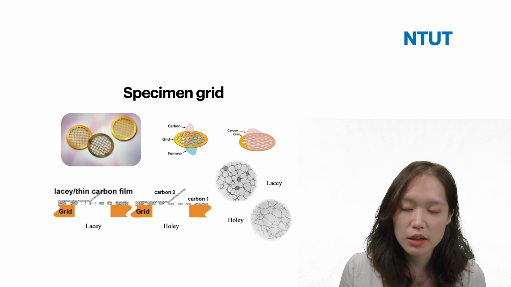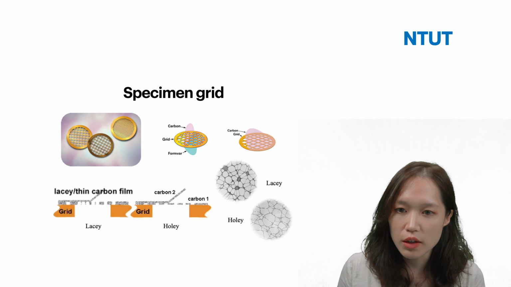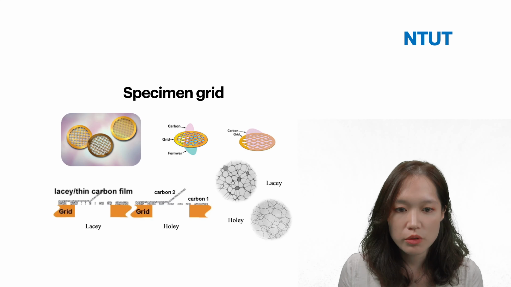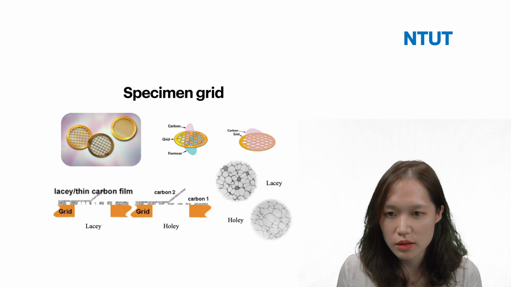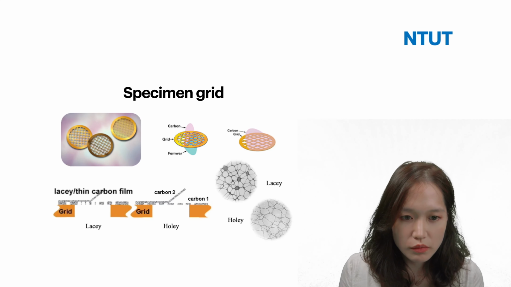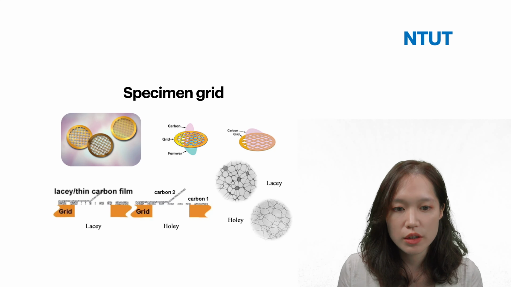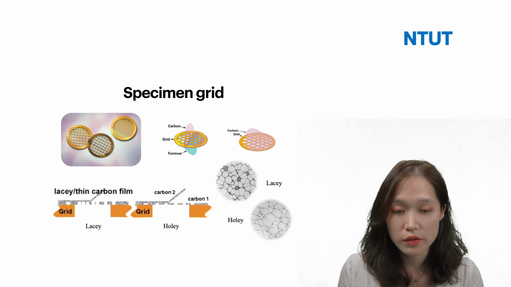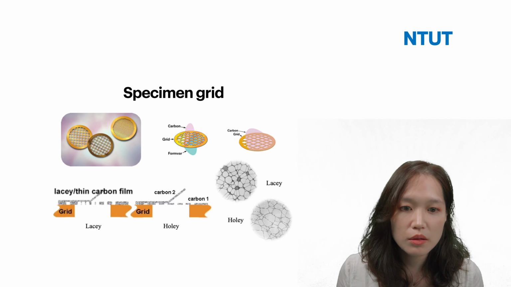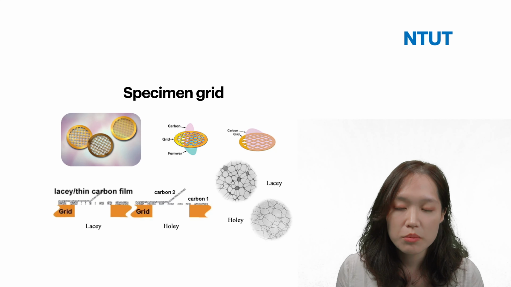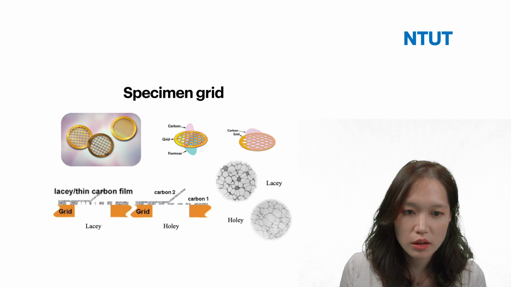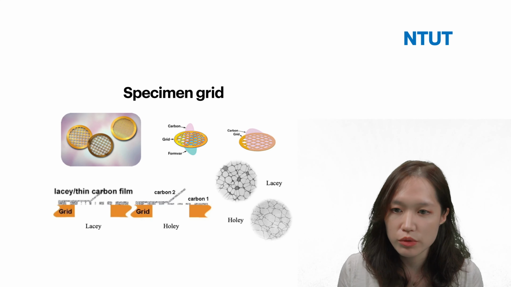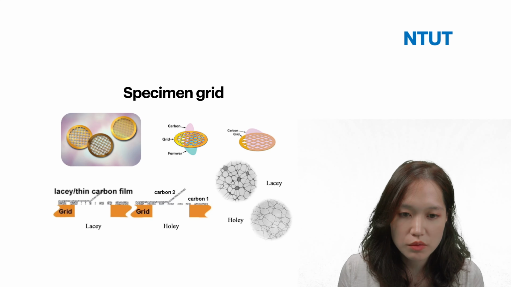So these carbon films come in two types, which we call the lacy one and the holey one. The lacy carbon support film provides a range of hole sizes, as we can see. It's not so uniform, and it offers a continuous carbon film that maybe is not desirable, but it is relatively cheaper. The lacy carbon support films are also much more robust than the holey carbon support films, and are very good if you require a rigorous pre-treatment of your samples.